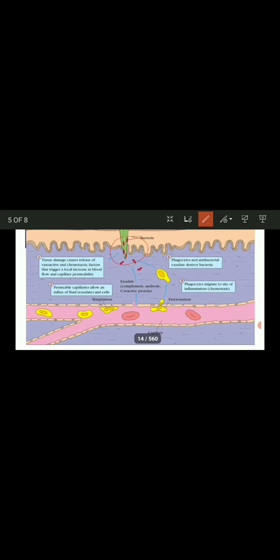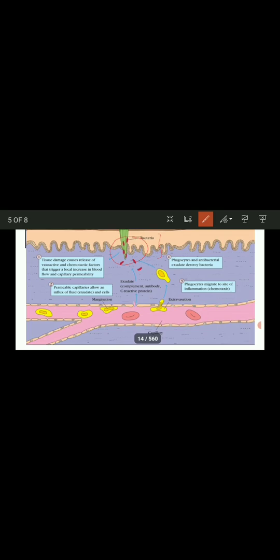When there is tissue damage, the skin layer breaks. When the skin layer breaks, a factor is released, and such factors are the chemotactic and vasoactive factors, which attach to the receptors of the capillary and provide a signal that something has happened in that area. That's why the factor is released and the immune system gets activated.